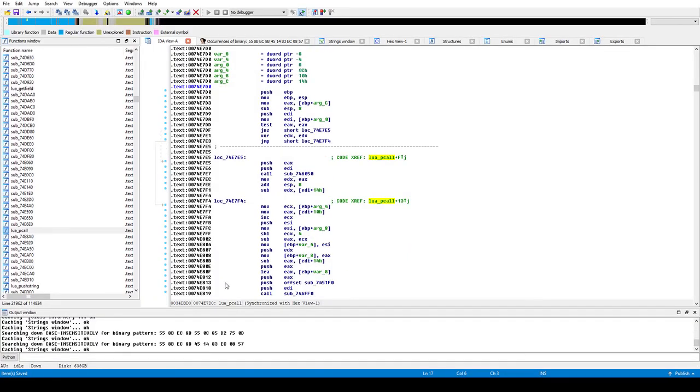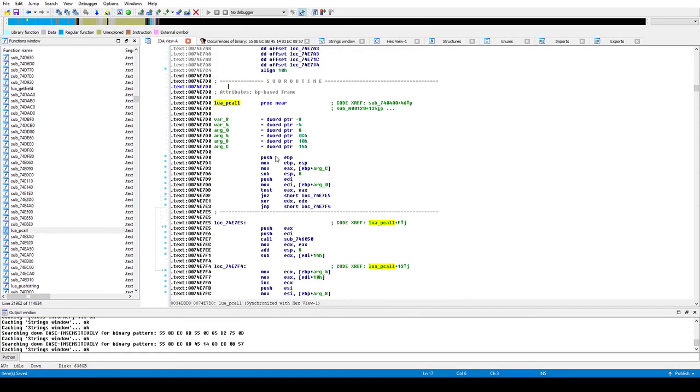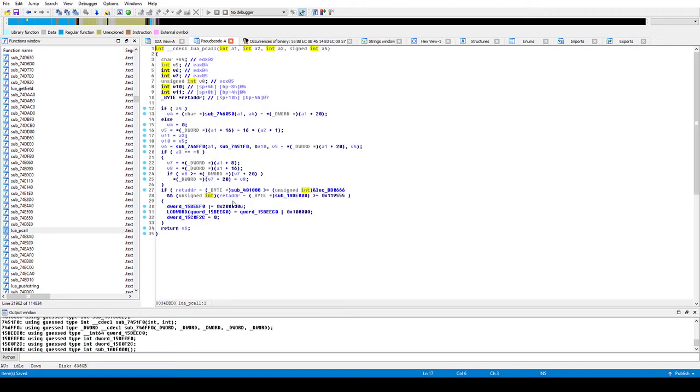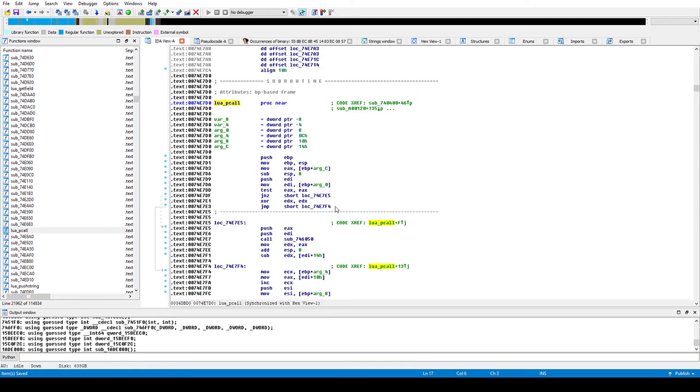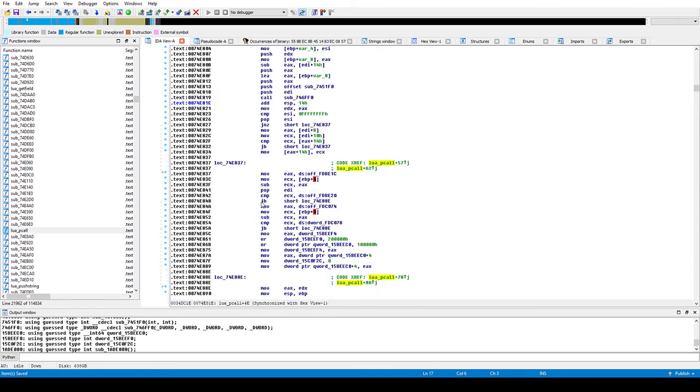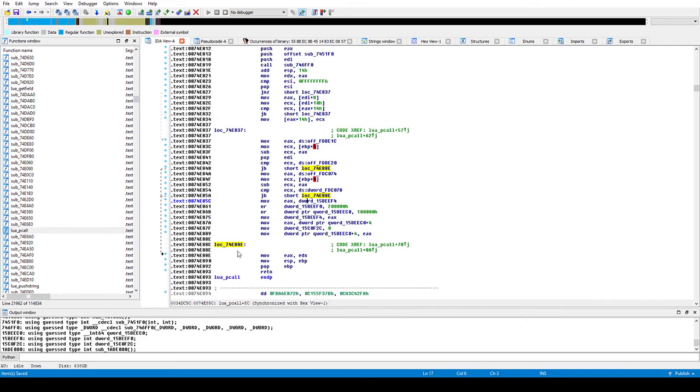so if we look in pcall, there is a point in here. If we go into the pseudocode by pressing F5, you can see there's a ret check. There's a return check in here. And the way we are going to bypass that is by looking through here, and it's located right in here. I only know this because this is the usual function for a return check. It's just a JB, MOV, MOV, sub, CMP, and then JB. That's the usual sequence for ret check. And as you can see, it leads right here. So this is going to be the offset for